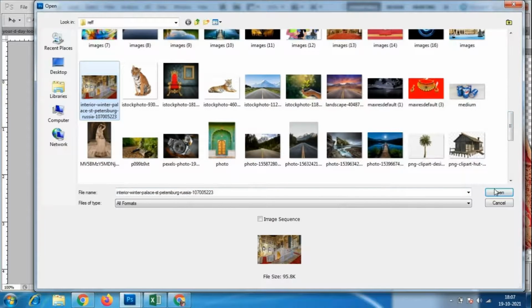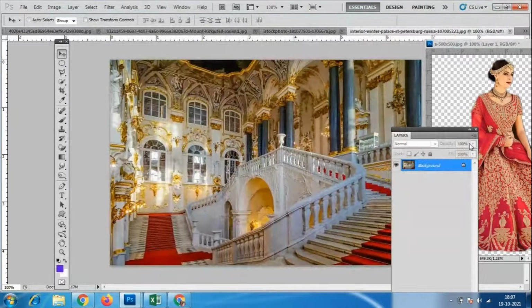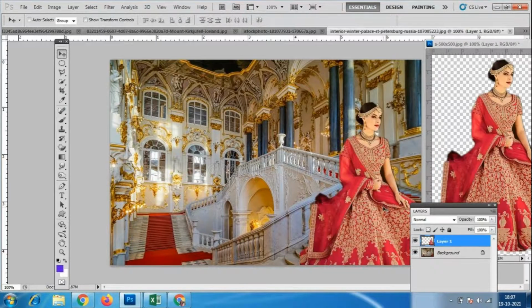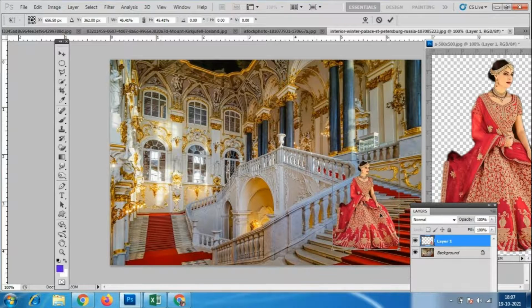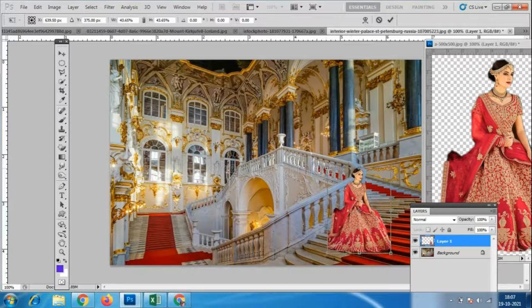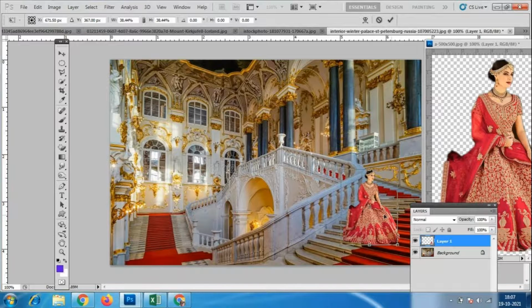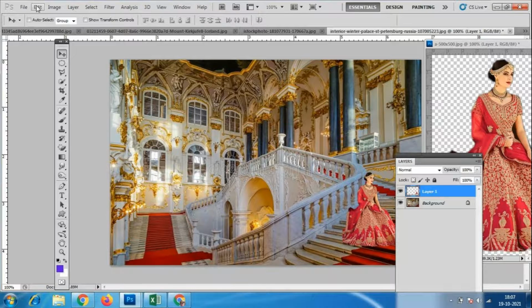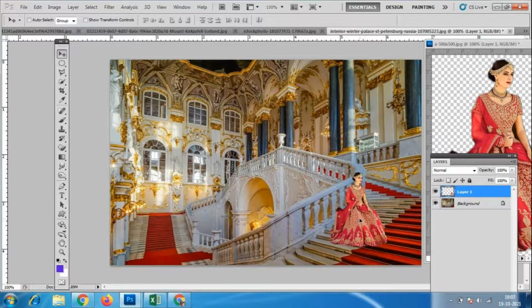Let us see. Control T. Like this. So you have to take an image which is suitable, which easily matches this image.